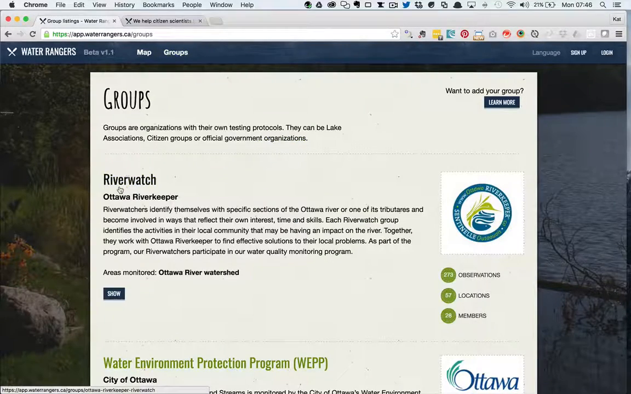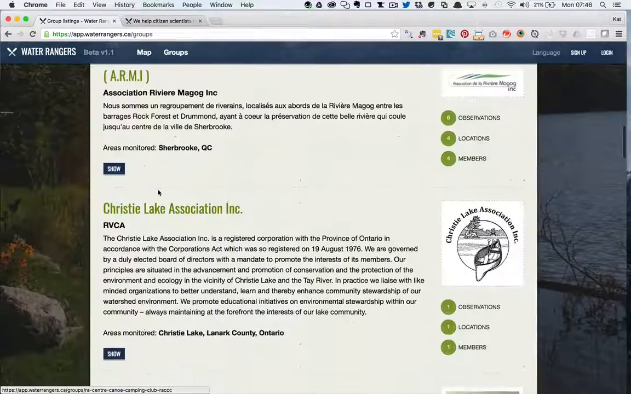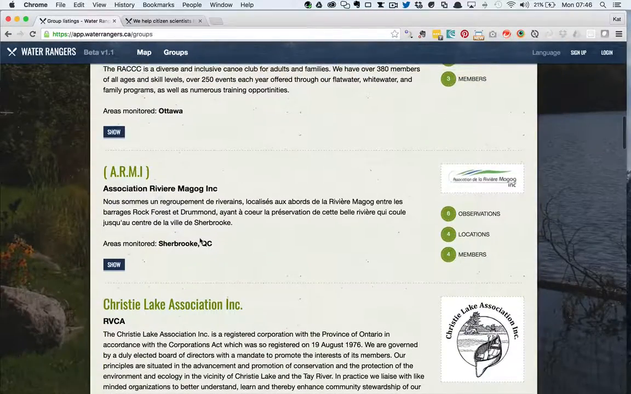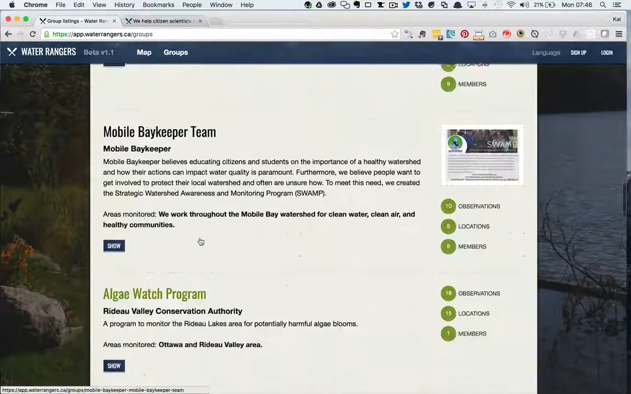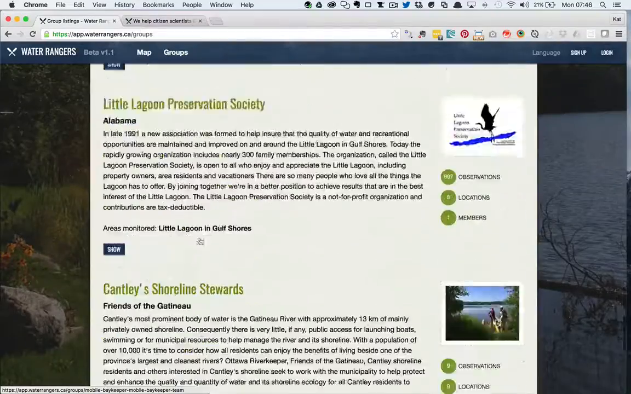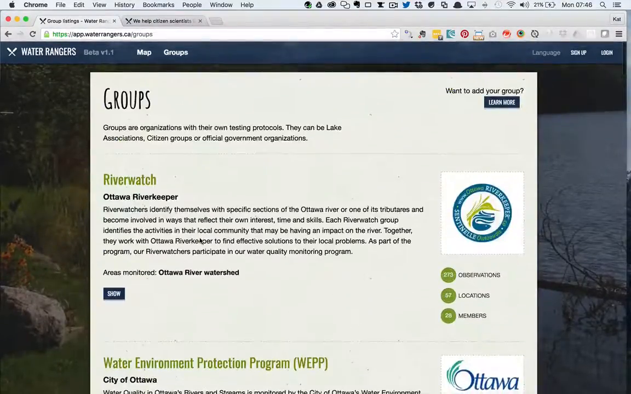And you can see River Watcher, we've got some people down in Alabama, and Magog, and Rideau Valley Conservation Authority and Mississippi Valley Conservation Authority. We're going to be looking at rebuilding some of these pages to be easier to navigate, but for now you